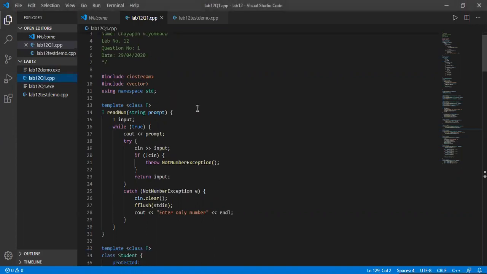Our program will use a template class that can store different types of data. The template function can print in one function for different data types, and